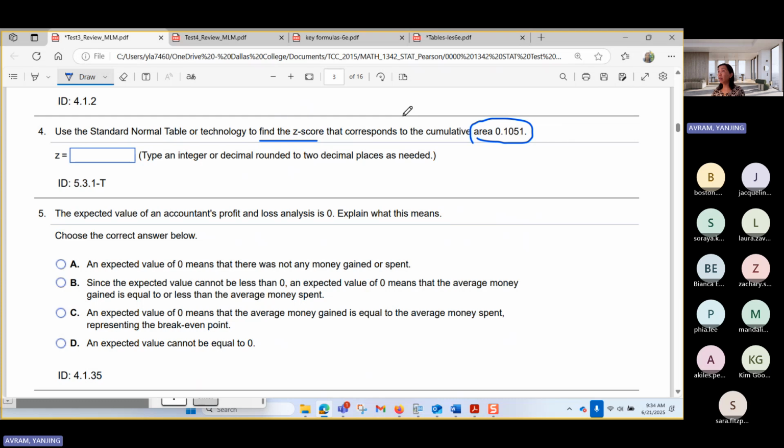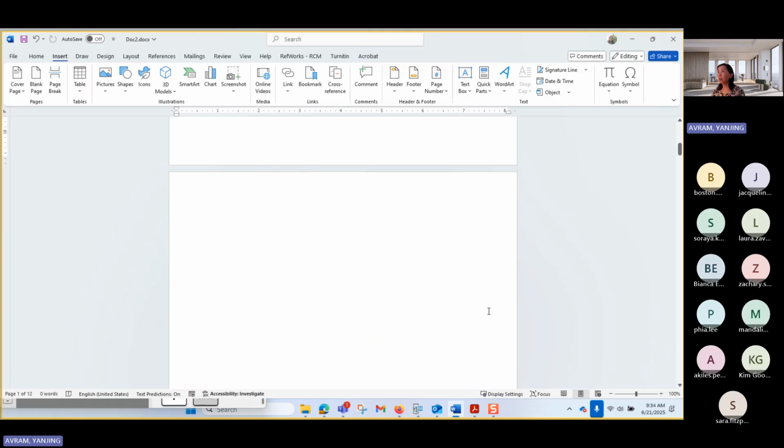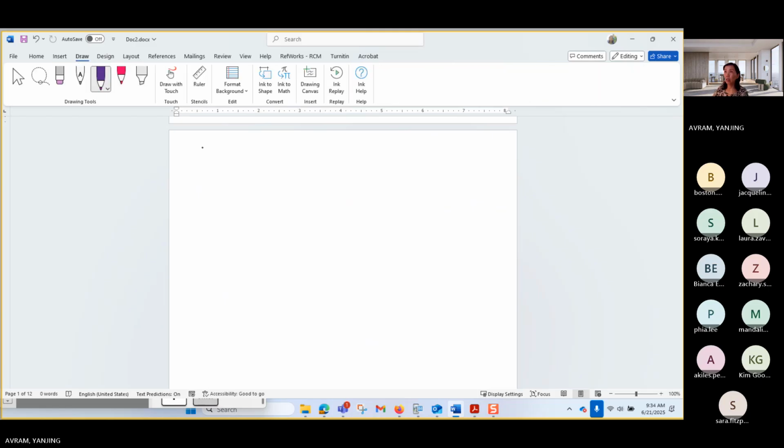Because now you have a cumulative area of 0.1051. So what does that mean here? Let me graph it a little bit. That means I know the area, or the probability. Probability is also the area in here. So I know this area, and I go to find the Z-score. So this area was